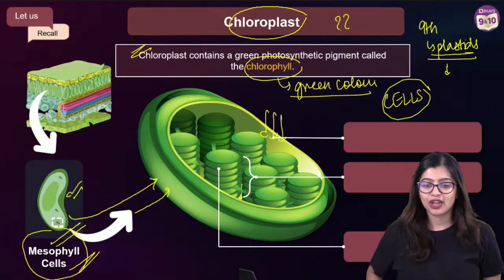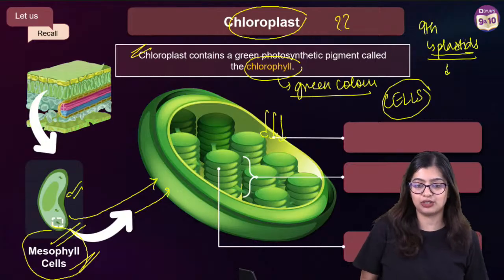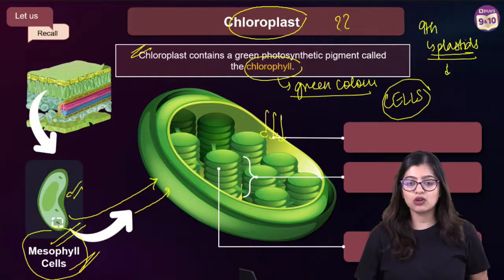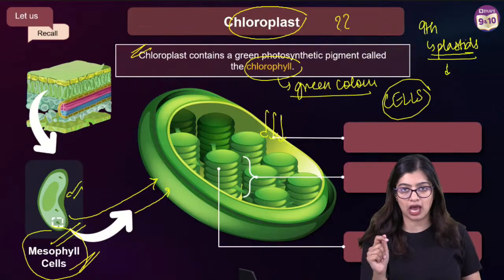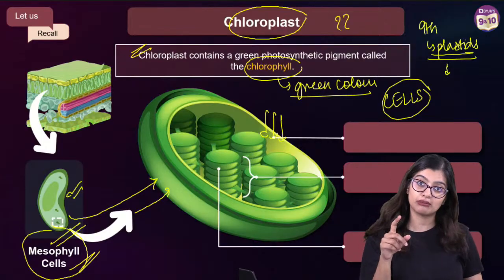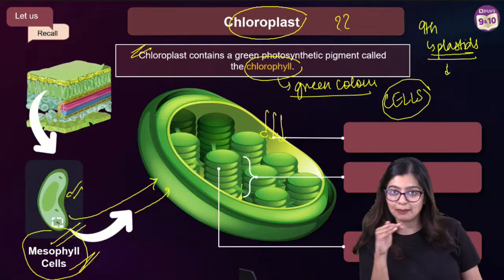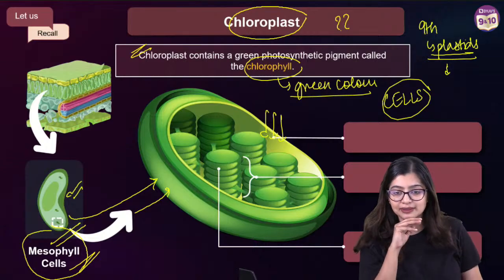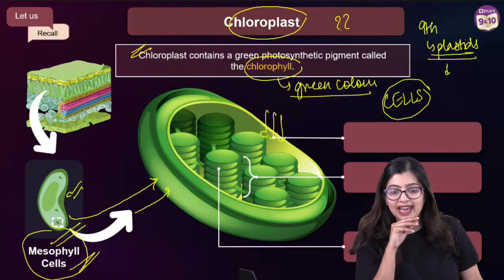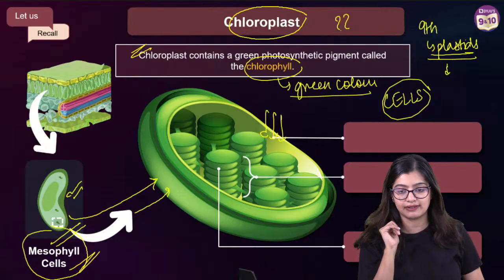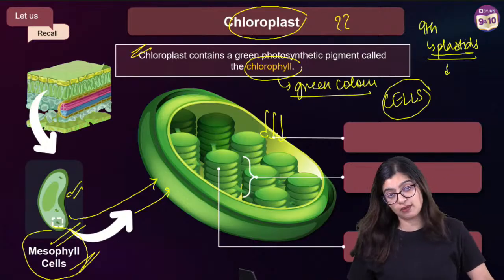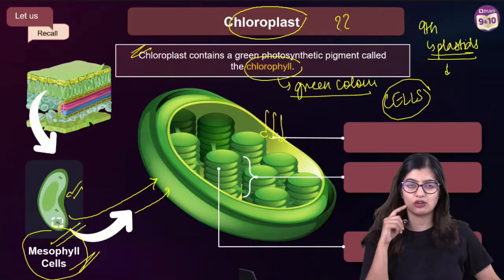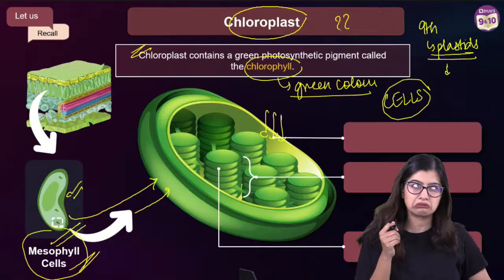Yes? Okay, the PDF will be available to you. Ma'am, is lower epidermis called dermis? The term dermis is not something we use in plants. We use the concept of dermis in skin, right? So we have the epidermis and dermis layers. Okay? Where is starch? I will tell you where starch is available, right? Ma'am, stomata are different in different plants. The number of stomata differs from plant to plant, but not the structure of stomata per se.